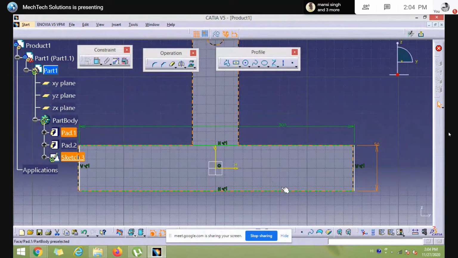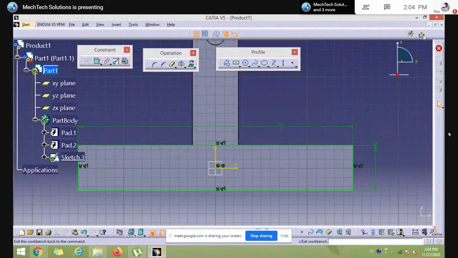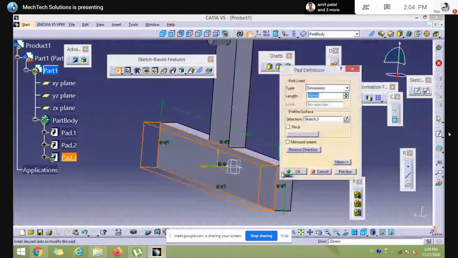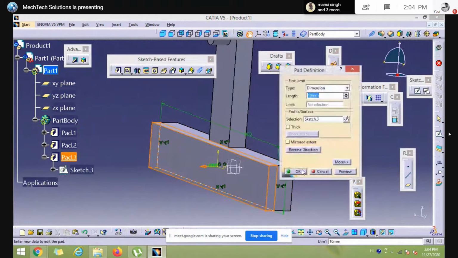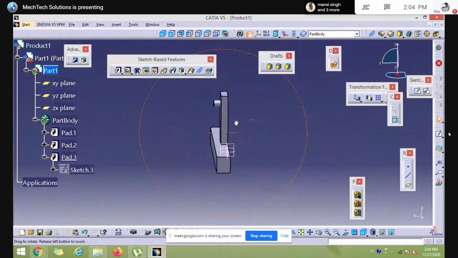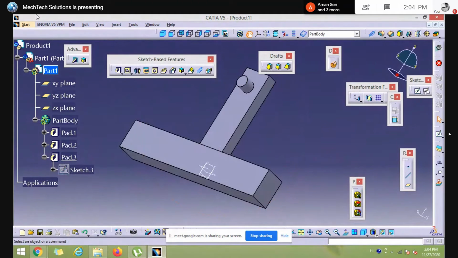But something is wrong because it is white right now. It's not fully constrained. What happened? The center of the square and the coordinate of the center are different. 20. So like this, I have created a part. Okay, so it's a base part.